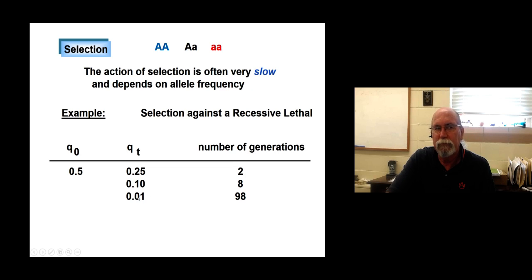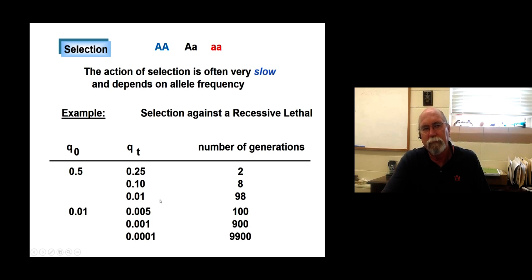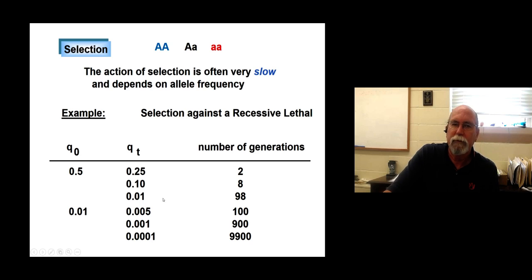But look how many generations it takes to cut it down to a fifth of what it was, right? It takes almost 100 generations. That could be a long time. Let's think about something that's more realistic, okay? If you have one that's around 1%, 0.01, cut it in half, takes 100 generations. Cut it into a tenth of what it was, takes 900 generations, and a thousandth of what it was takes thousands